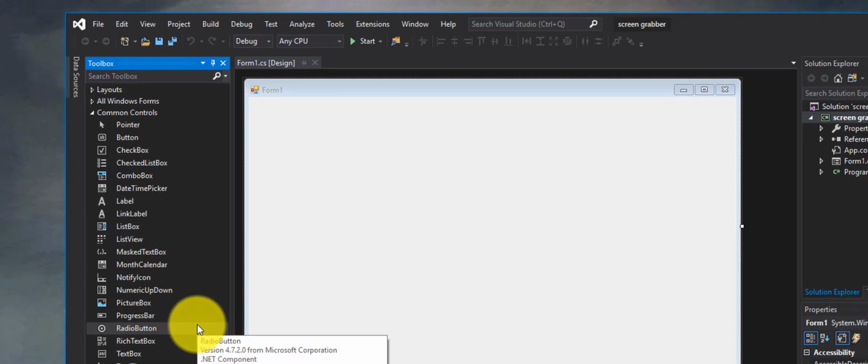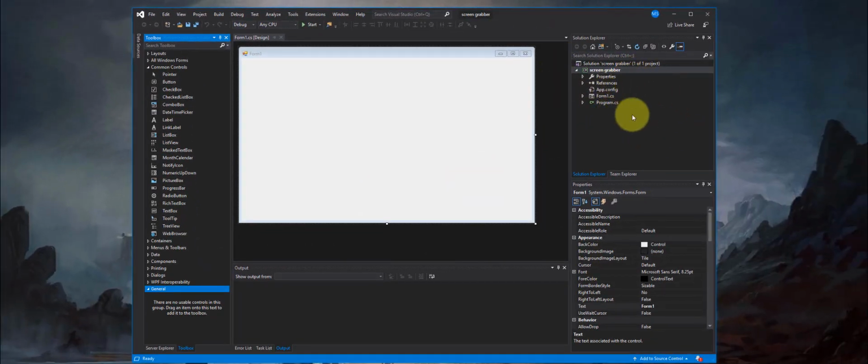So we're going to be using that. Here's our Solutions Explorer, and here's where all the files and the forms to our project will exist. So just imagine this if it was like a website. This is just where all the files would go. Down here are your properties, so whatever's selected, everything has a property, and this just tells you what those properties